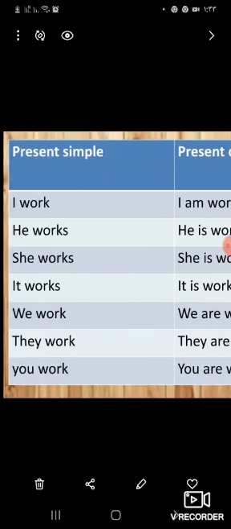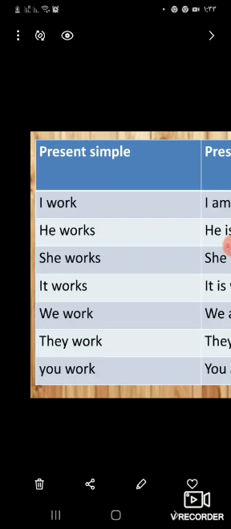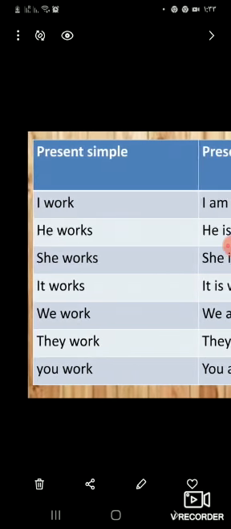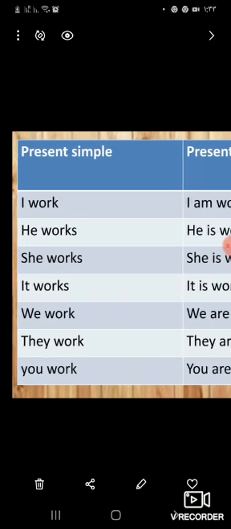The basic difference is that I am working here is talking about something that's happening now, or something temporary that happens for a short time. But I work in the present simple talks about something that's true in general, or something more permanent, something that lasts for a long time. That's very basic